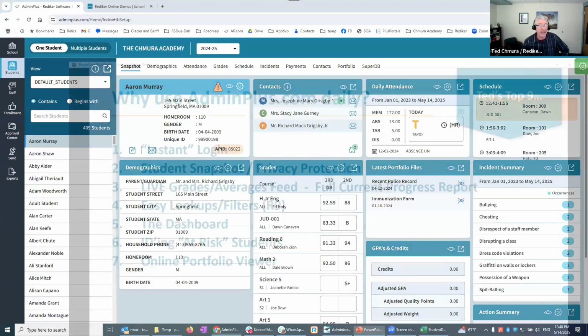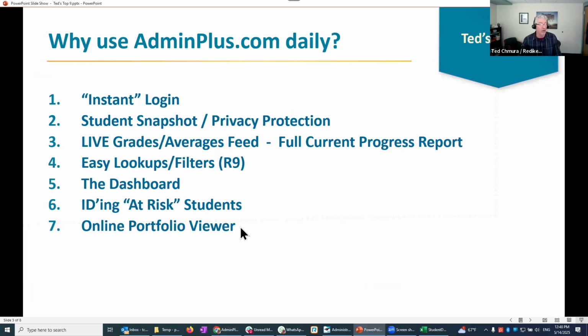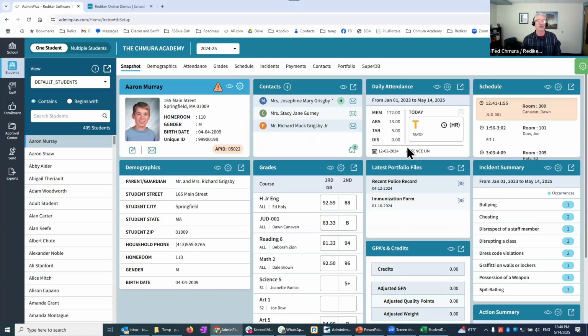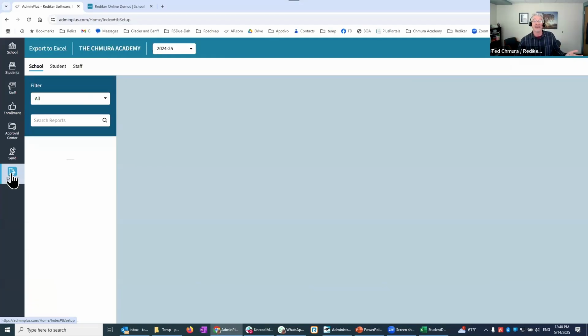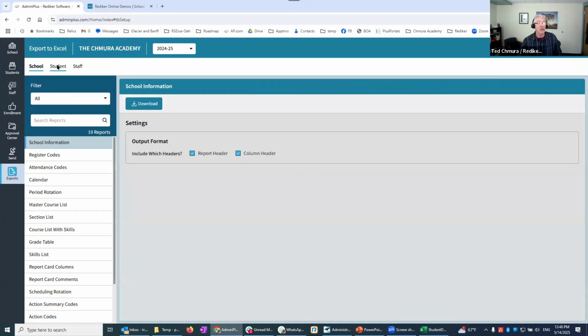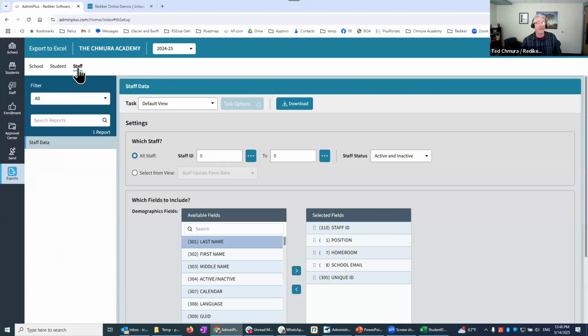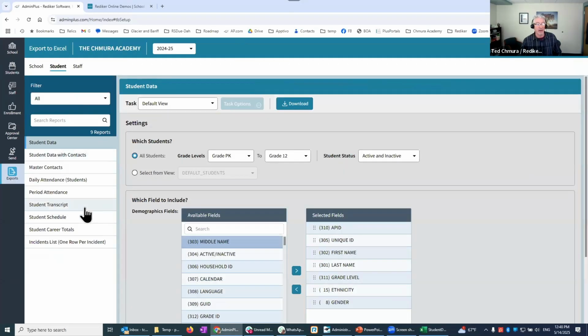Let me move on with my top 10 here. The online portfolio viewer was number 7. Oh, data export efficiencies. Okay, so what do I mean by that? I guess it's not too much easier to do this in .com than it is in Classic, but I feel that because you've got the word exports right here, and then you've got school, student, staff, and a list of the available exports. So if I want to pull some student data out,